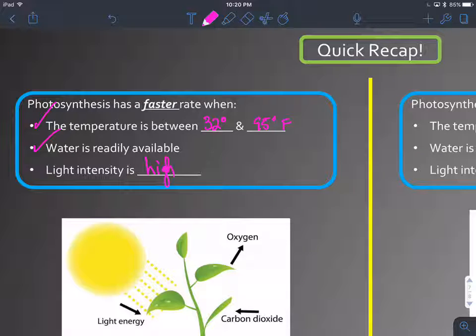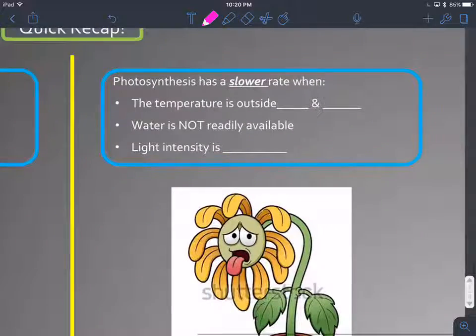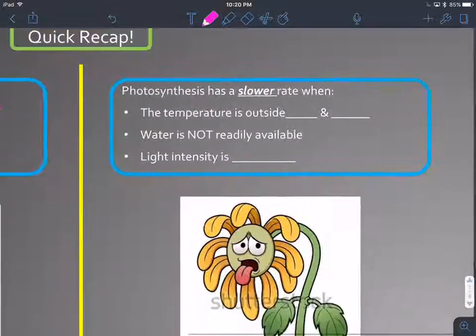This is when we'll see that we have lots of growth, right? The plant will be increasing in growth, and its leaves will be facing up towards the sun. Photosynthesis has a slower rate when the temperature is